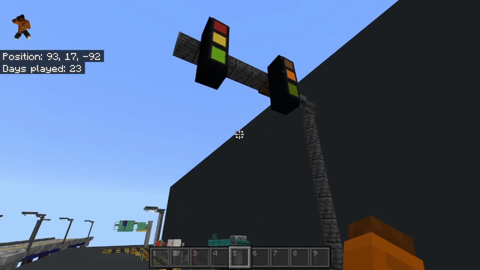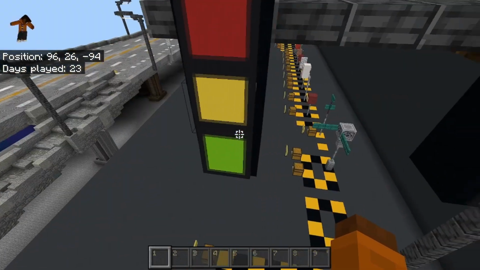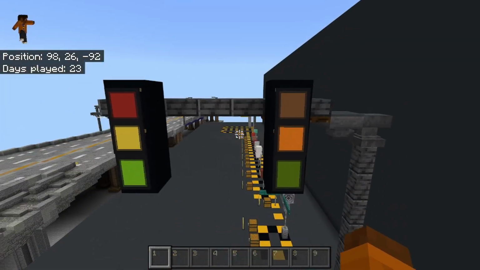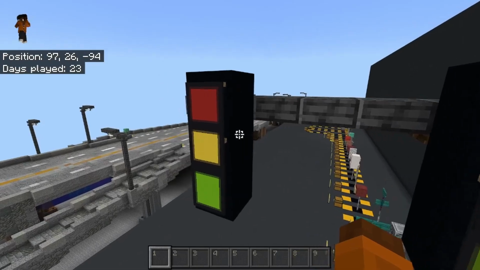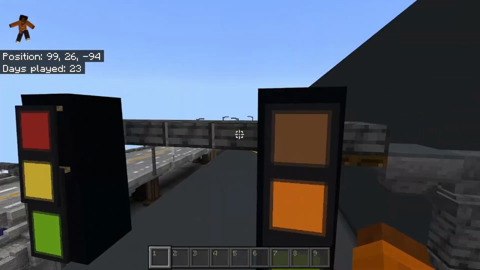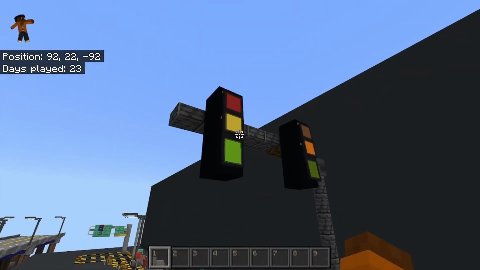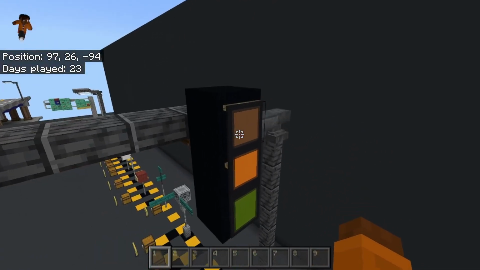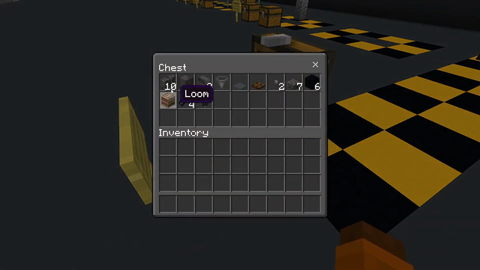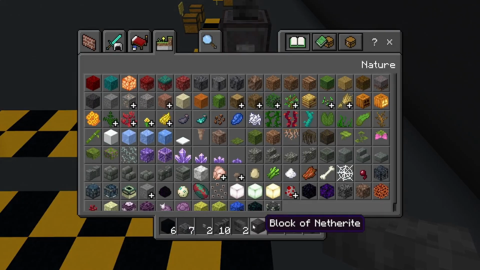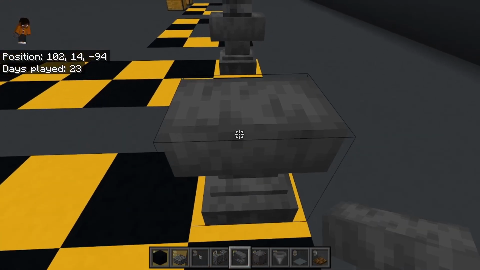All right, next up we have a traffic light. So just a quick note, this is everything on and this is everything off. The idea is it's faded so that at night you can see that red is on, but you don't have to, whatever. I'm going to be showing you the on position, but if not, just replace it with brown, orange, green. So this is all the stuff you're going to need. The netherite block you can replace with just about anything else. I just picked it because it looked cool. So anvil,